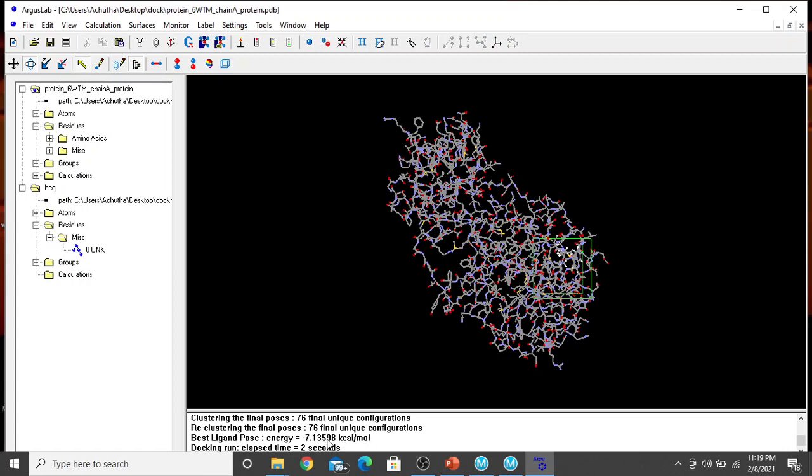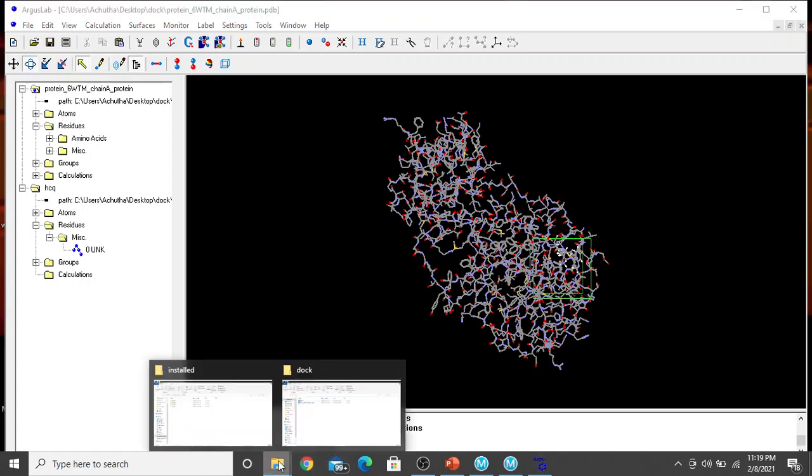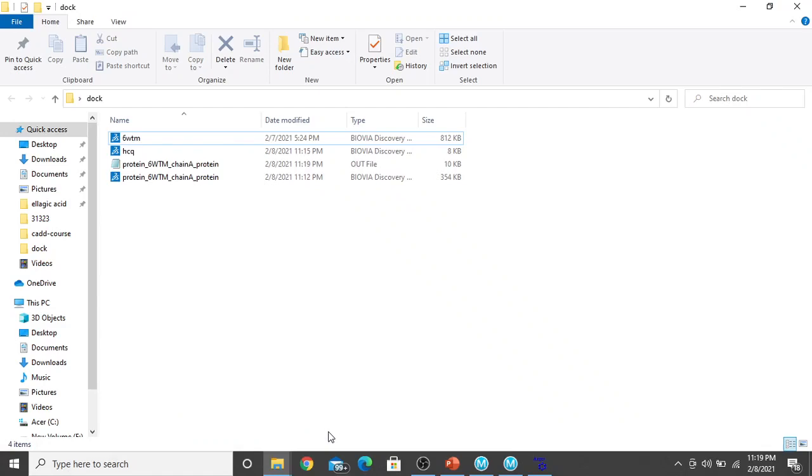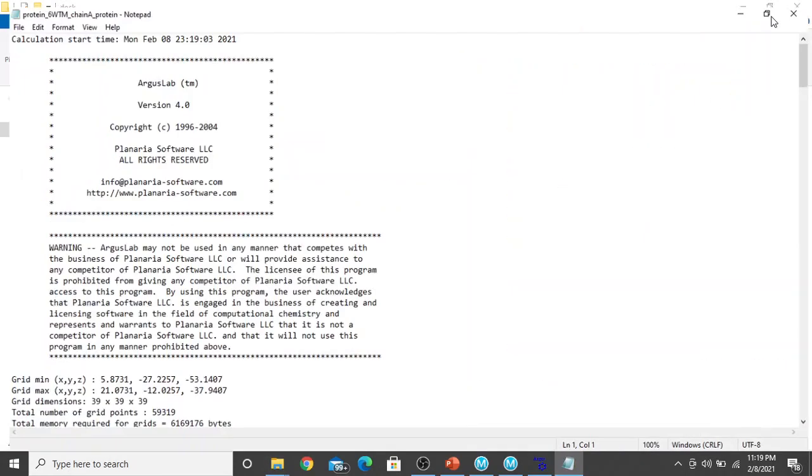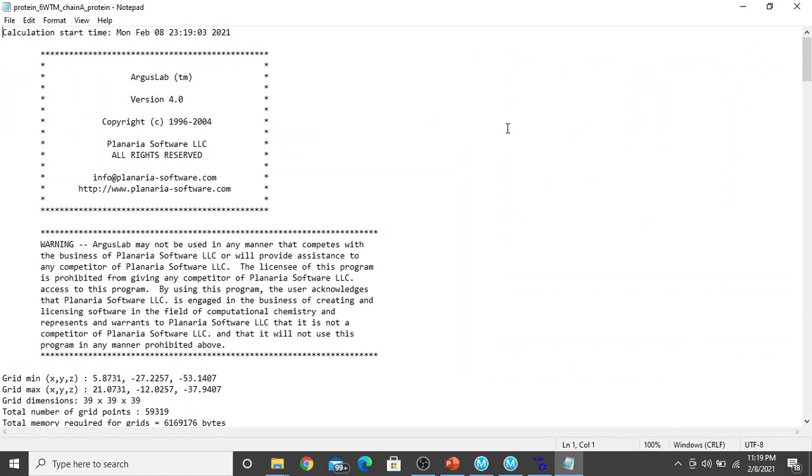It is the binding energy obtained by docking the hydroxychloroquine on the active site of this main protease enzyme. Okay, it will be shown here, and an output file will be created in your working folder. So when you open it, you can see the results. You can read it out.